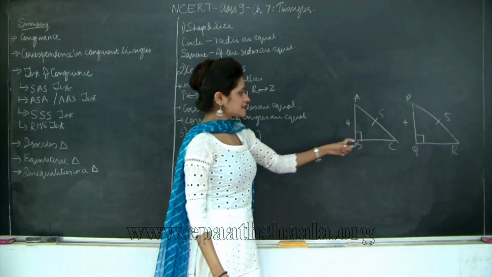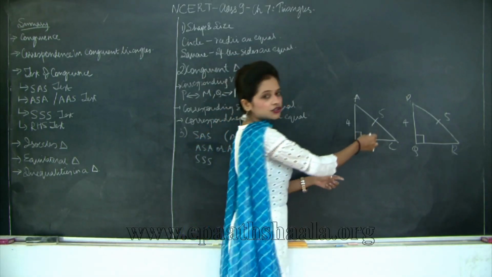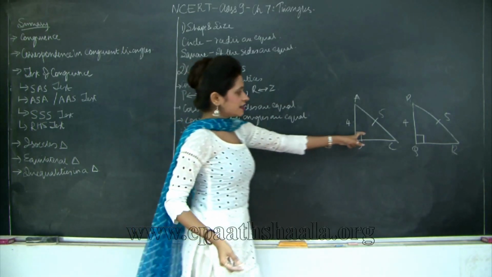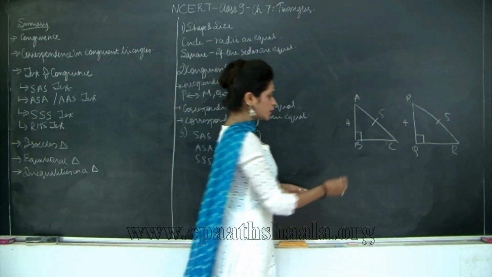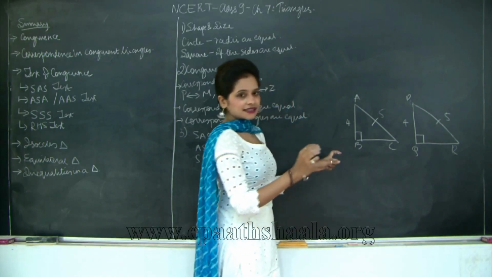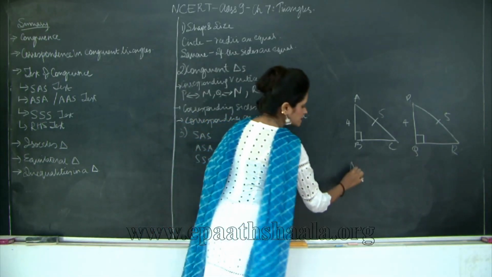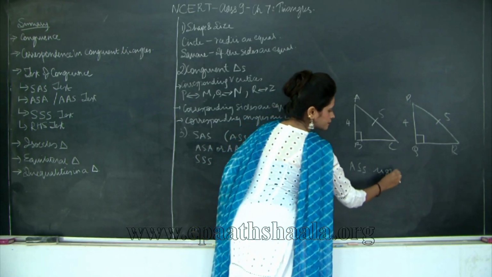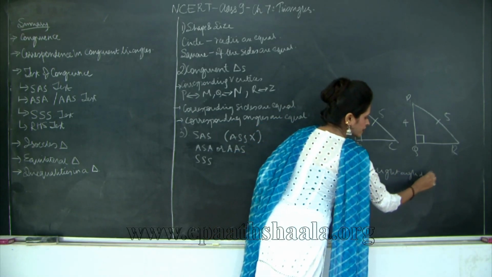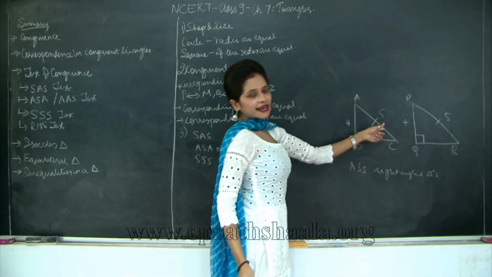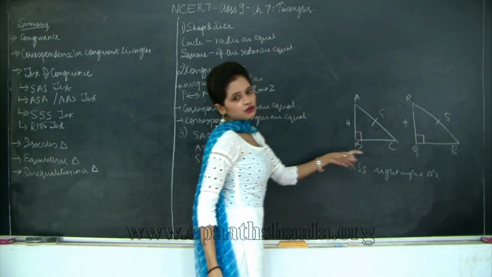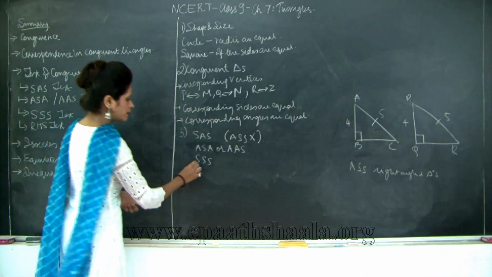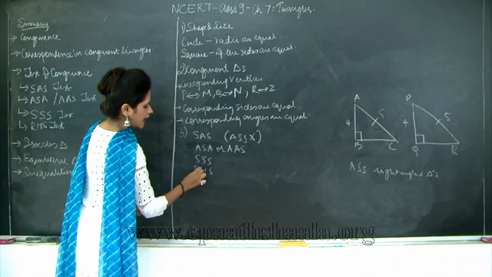If you notice, then this is side angle side or ASS, but this is valid. Why? Through the hypotenuse side test. So, if you have the ASS test of congruence for right angle triangles such that one congruent side is the hypotenuse, then you can say that the two triangles are congruent by the RHS test of congruence, which is also known as the right angle hypotenuse side test.